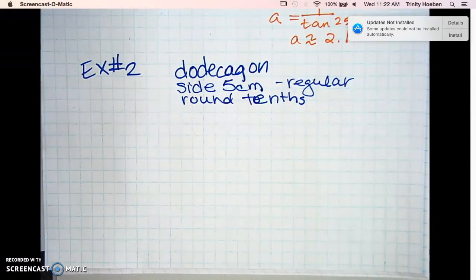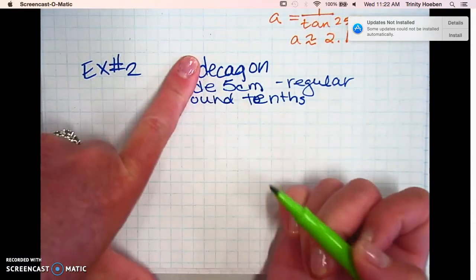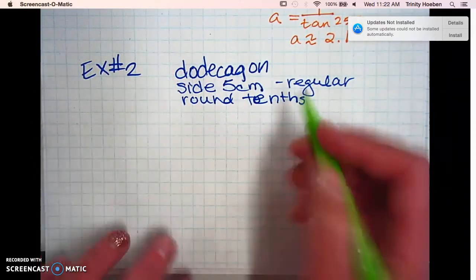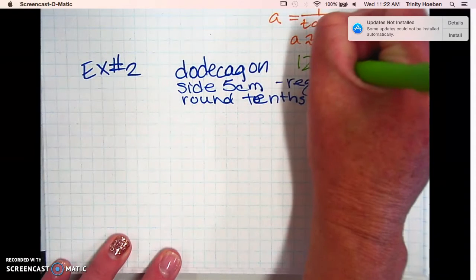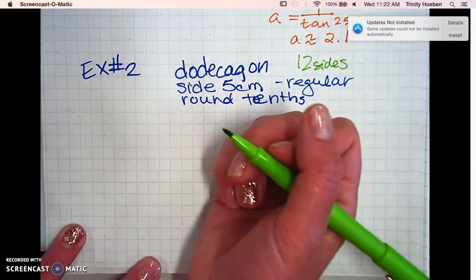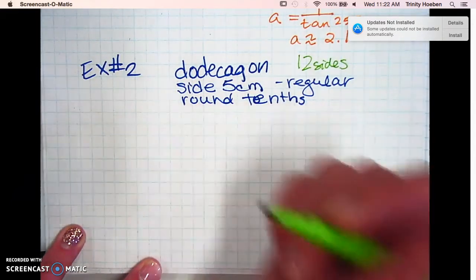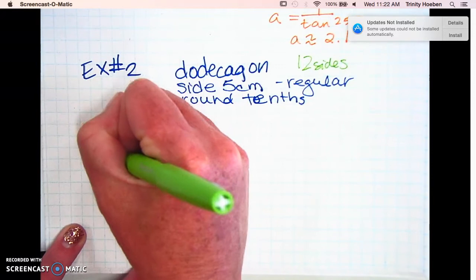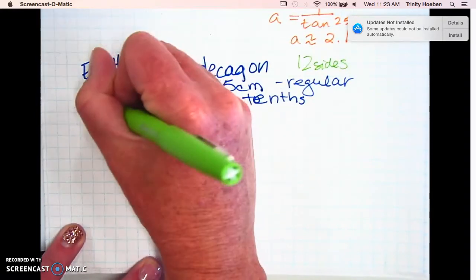Dodecagon has how many sides? Anybody know that one? How many? Well, decagon is 10, but when you stick the do in front of it, it makes it 12. So it has 12 sides. And so if you want to draw it, you can try, but it's really hard for me to even draw it. So I'm just going to pull out the triangle,